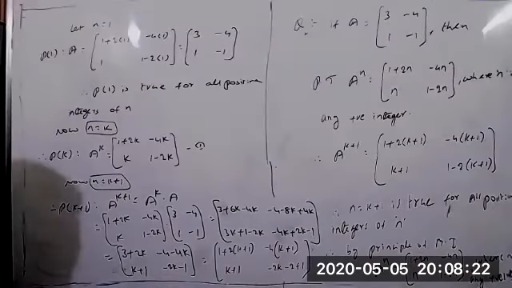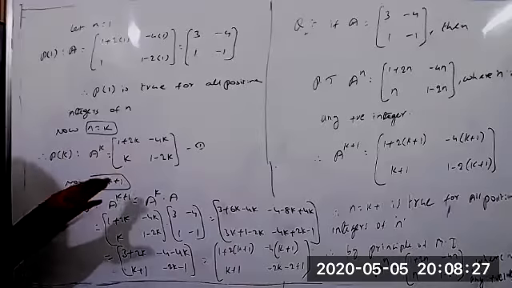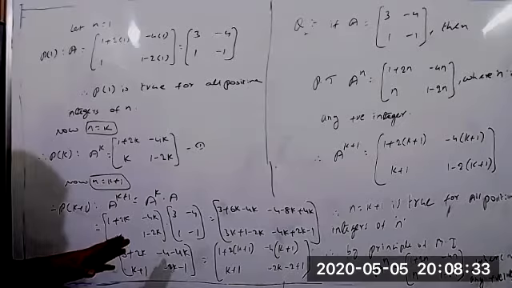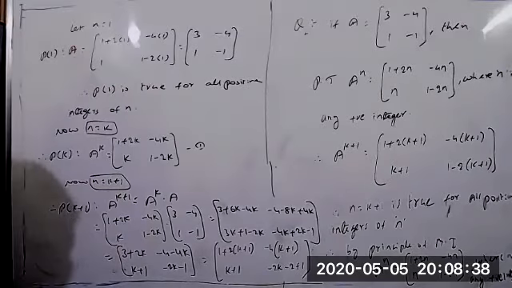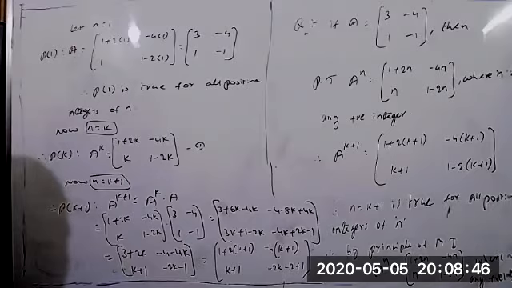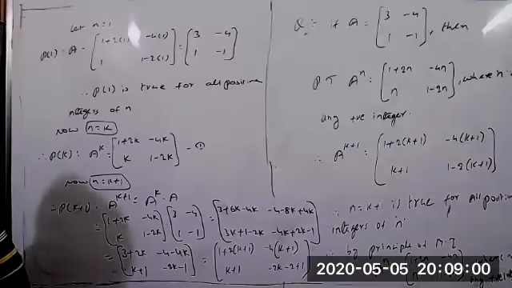So learn perfectly. In this model, by using mathematical induction, whatever they have given, there is no need to get any confusion. First take n equal to 1. Whenever you take n equal to 1, we have to get the same matrix that they gave. Then only it is true. Then go to n equal to k, and next take n equal to k plus 1. Whatever value we take, we should get the same condition. Then only we can say that by the principle of mathematical induction, the given statement is true. That's all. Okay.